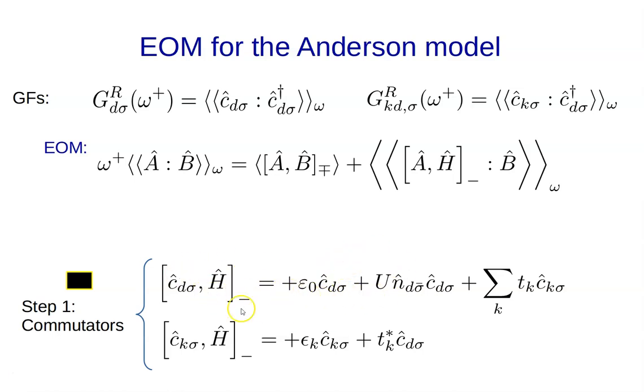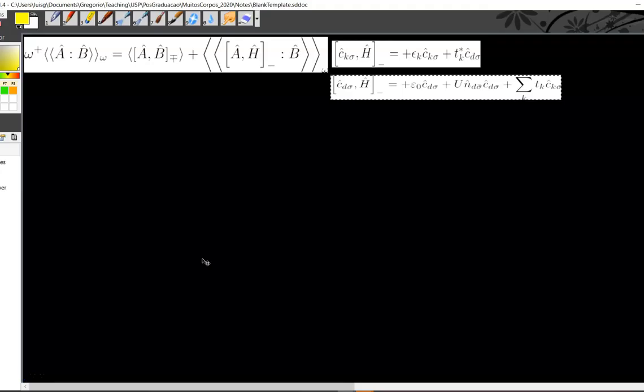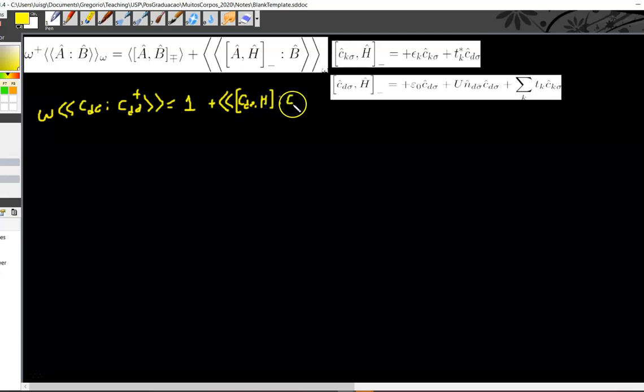Okay, now that we have the commutators, we calculated this. Let's substitute that and get the Green's functions. All right, so here's the Green's function that we want. So you want the diagonal one, C_d up, C_d dagger, equals the commutator between these two, which is 1, right? Plus this double time Green's function of the commutator of C_d sigma with H, C_d dagger. All right, so this is precisely G_dd equals 1